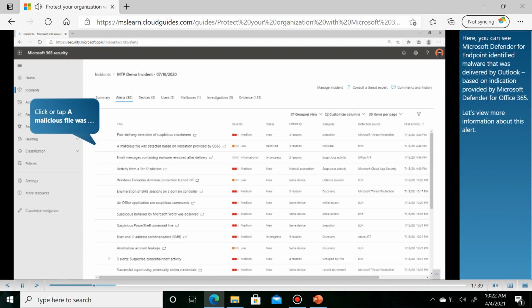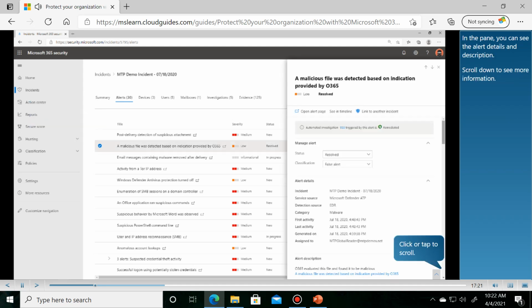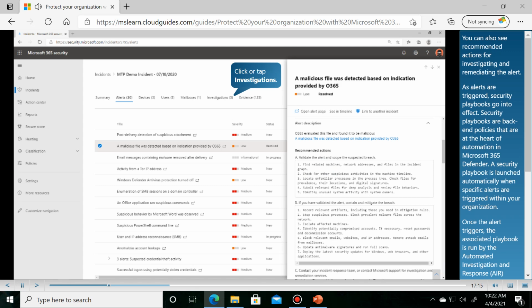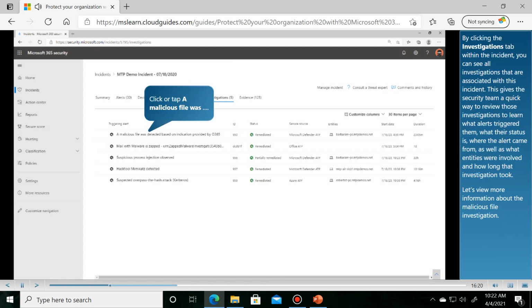Here, you can see Microsoft Defender for Endpoint identified malware that was delivered by Outlook based on indication provided by Microsoft Defender for Office 365. Let's view more information about this alert. In the pane, you can see the alert details and description. Scroll down to see more information. You can also see recommended actions for investigating and remediating by clicking the